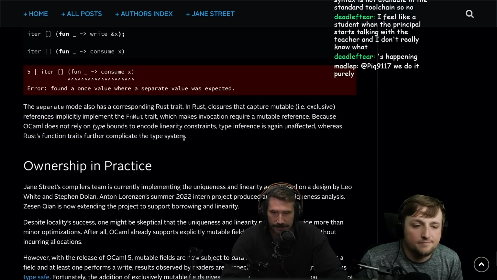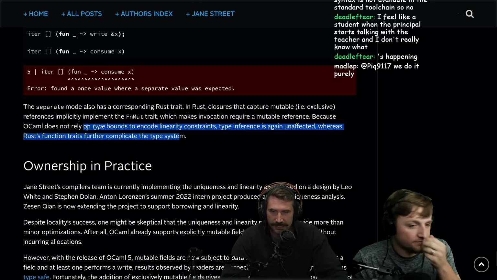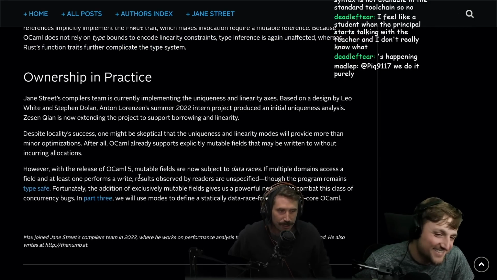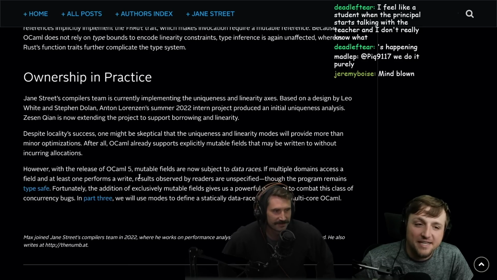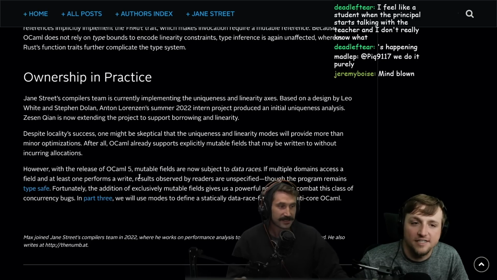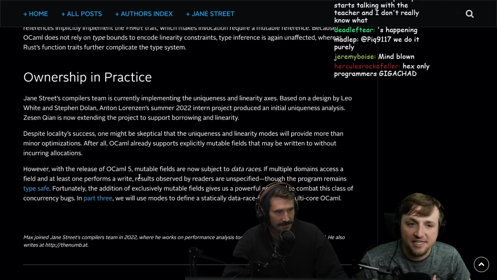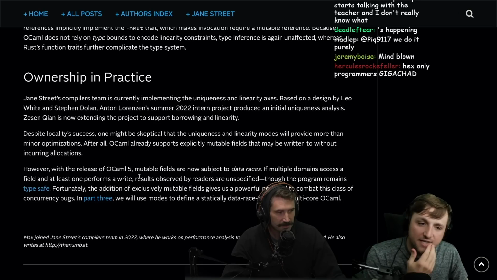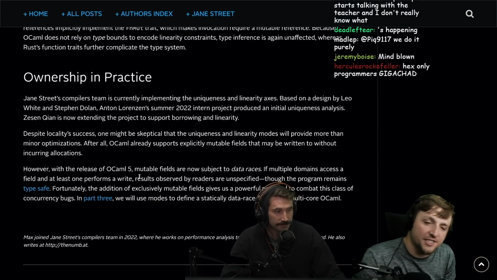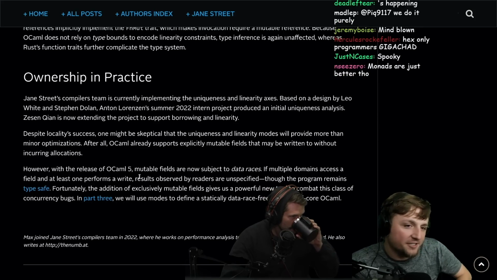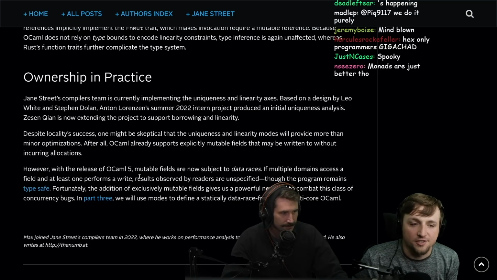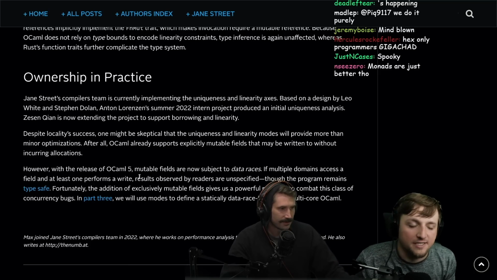I think I hear what they're saying. If you've ever used function traits in Rust, it's a nightmare. Yeah, it's very confusing. It's exceptionally difficult to write a little function and pass it around that captures anything. At least for me, I've had a really hard time, which is a shame, because so much of the rest of Rust feels like, oh, I could totally write this little functional function and close over this and pass this to an iterator and do this stuff, and then it ends up not doing that. So you either just clone them all, or you have to write a big function and write a bunch of type constraints.